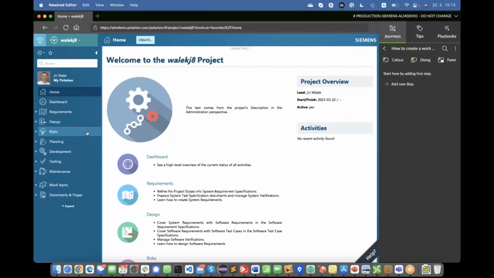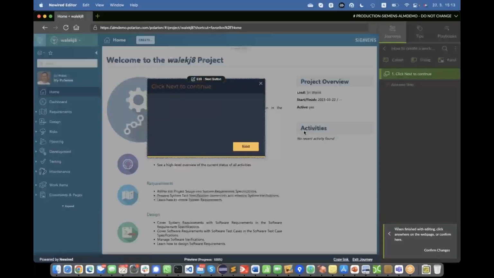So the step-by-step guide is called the journey, and it is a set of steps. So far, we'll speak about, let's say, the linear steps. It goes just from the beginning till the end. So we start with a little introduction. So create a new work package. You will learn